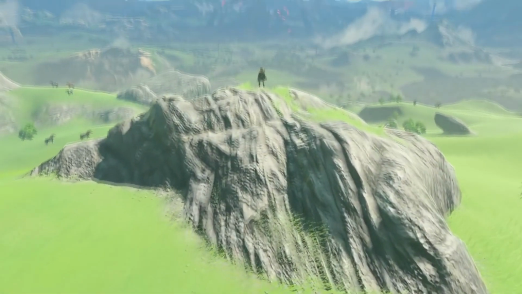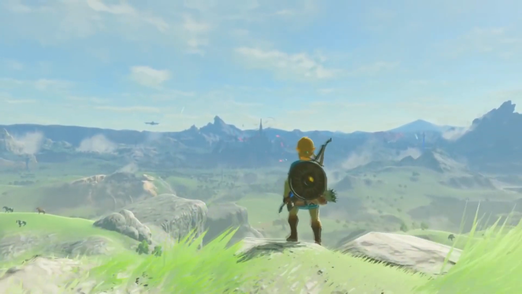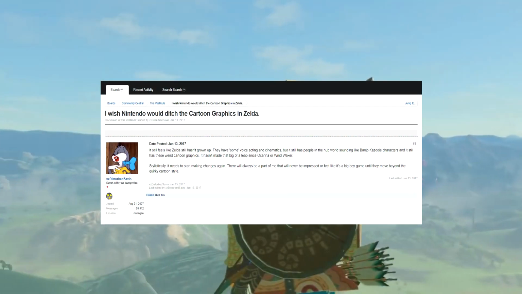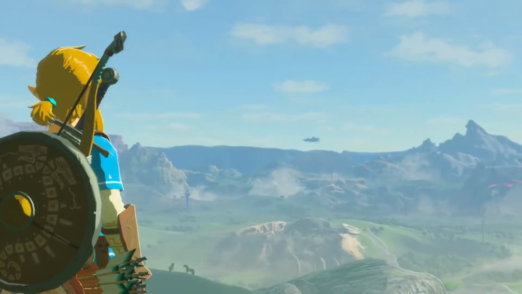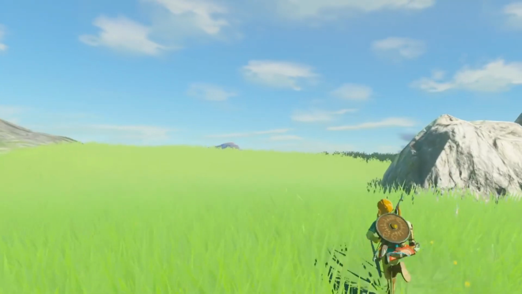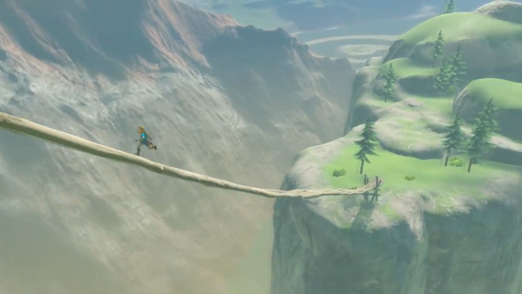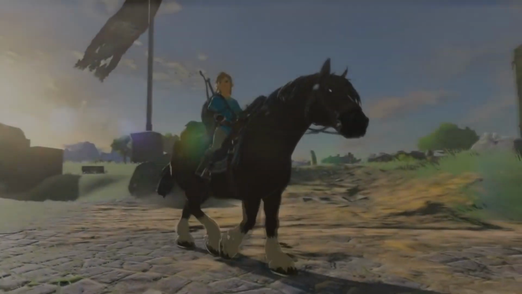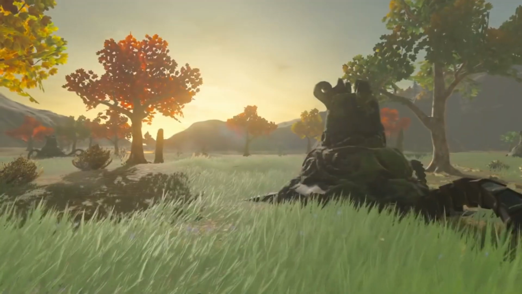And then, yet again, we saw this with Breath of the Wild. When Breath of the Wild first came out, a lot of people were really upset that it didn't have this hyper-realistic sort of graphics. And then the game finally came out and the sort of pastel, borderless graphic style really endeared a lot of people and blew a lot of people away, myself included. I can sit there and stare at that game all the time. Its graphics are a large part of the reason why I love that game so much.